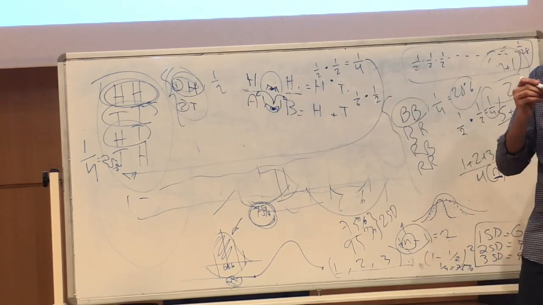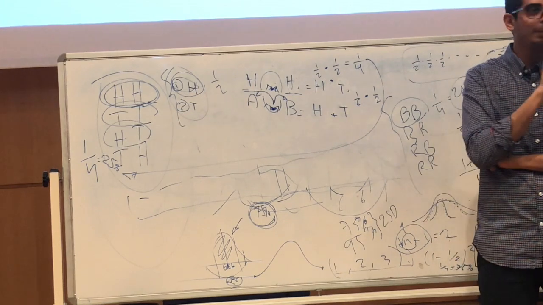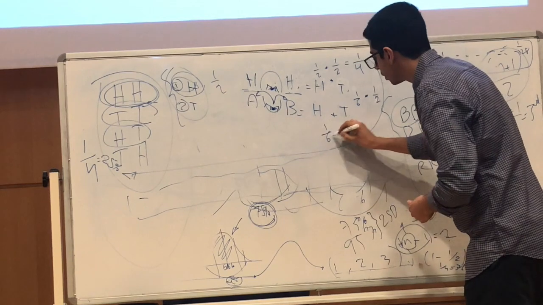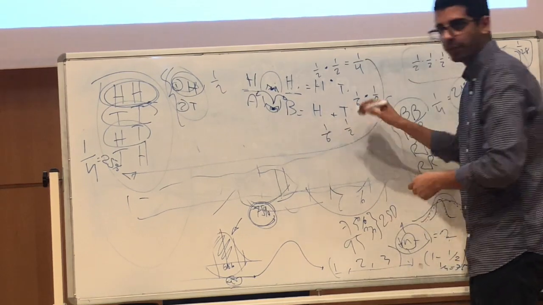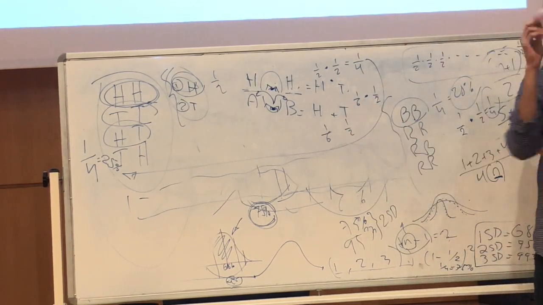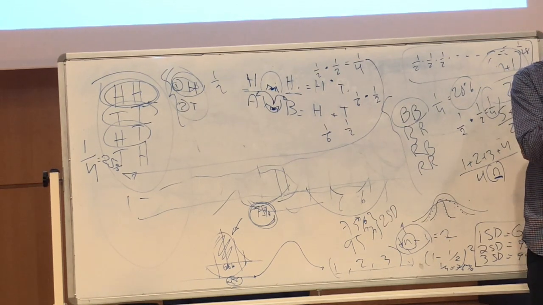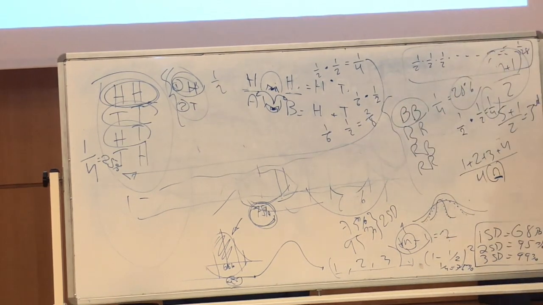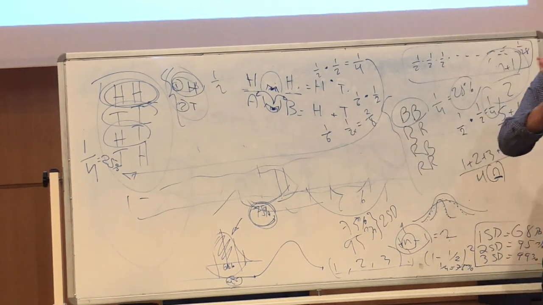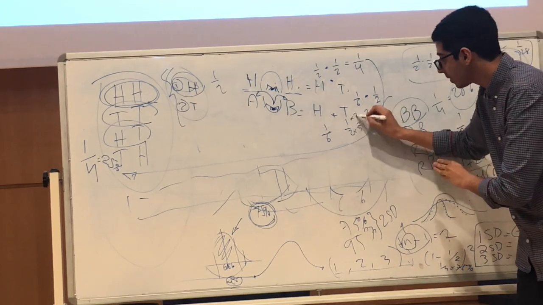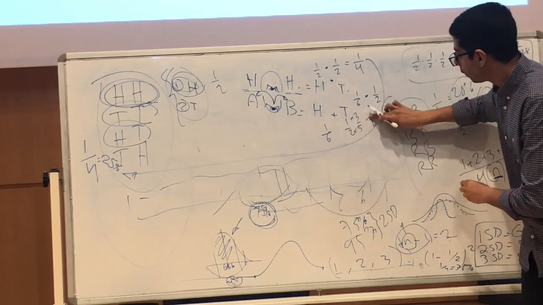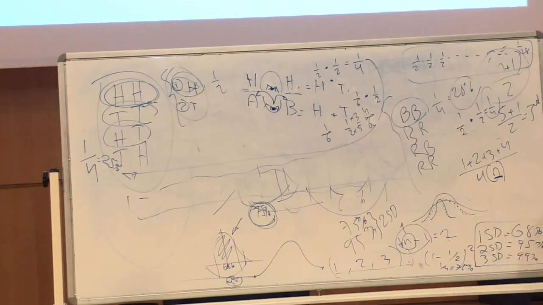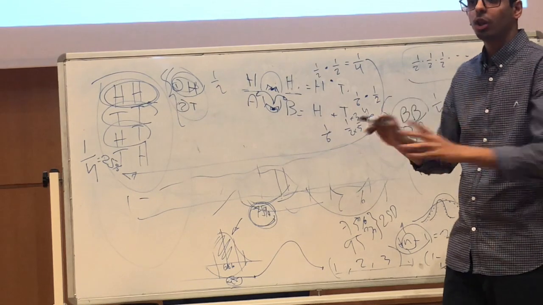Whoever gets this, I'll be happy if you all get this together. What's the chance of either getting 1 over 6 for the die or heads on the coin? You add them. So how do you add them? Do we just do 2 over 8? No. You make the denominators the same: times 3, times 3. Then this is going to be basically 4 over 6. You all understand this, right? If you want to simplify more, it's 1 over 3.